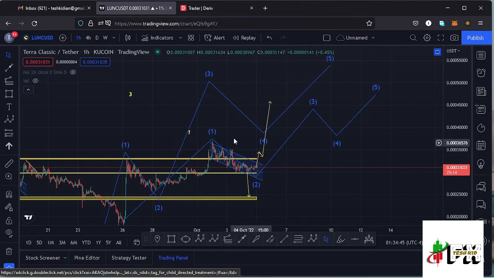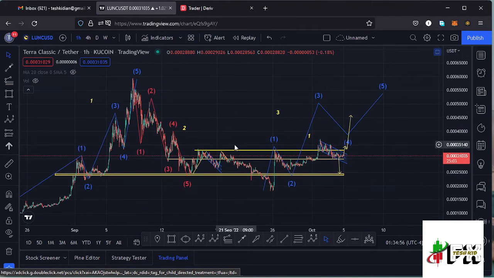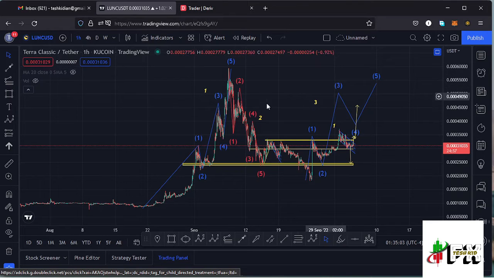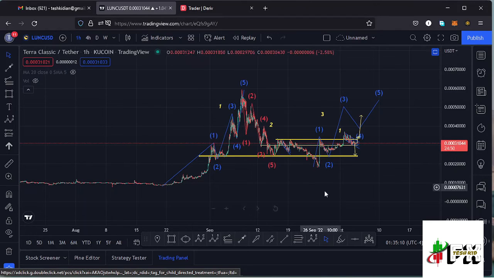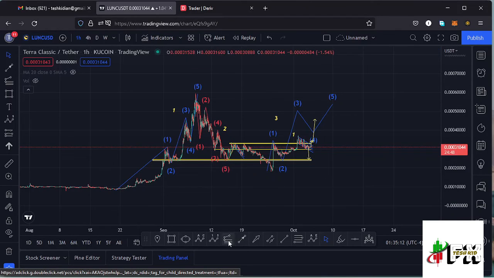In case that movement doesn't play out, then I will have to restructure my Elliot wave count into this pattern that I have right here, and also zooming in so that we can also get a target area for that higher Elliot wave count 3, because we have the low for that first wave, the high for the first wave, and also the low for the second wave. We can get a target area for the third wave to the upper side,